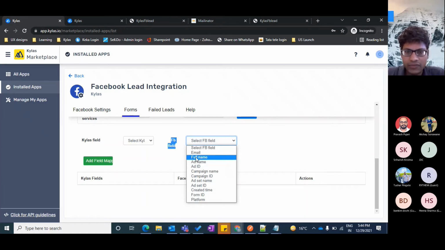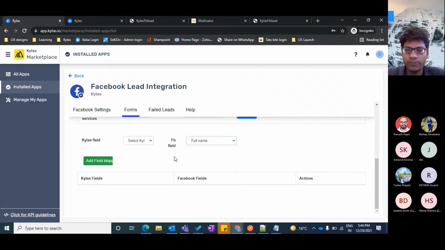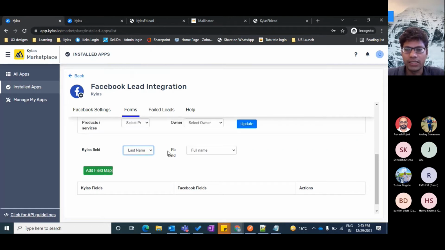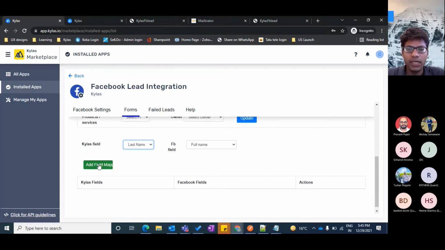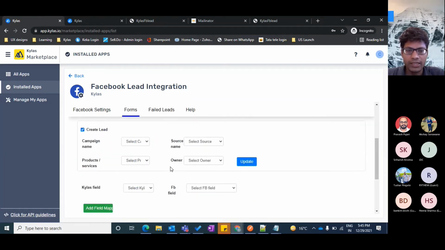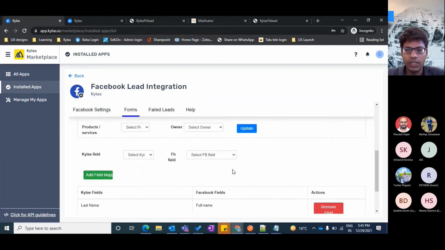For example, there is a field called full name in my form. There is some form that I have created, and the list of fields is there, and full name is one of the fields. I would like to map it to the last name field of Kailas. So I can map that to the last name, and I can hit add field mapping, and this field is mentioned over here.